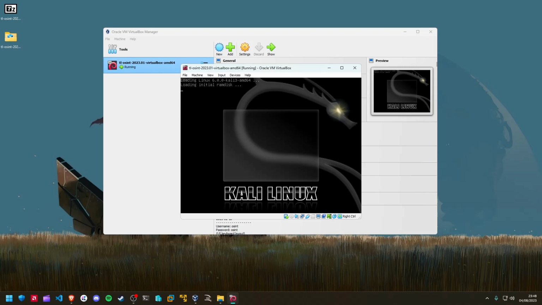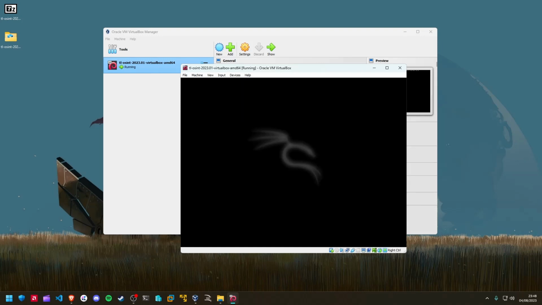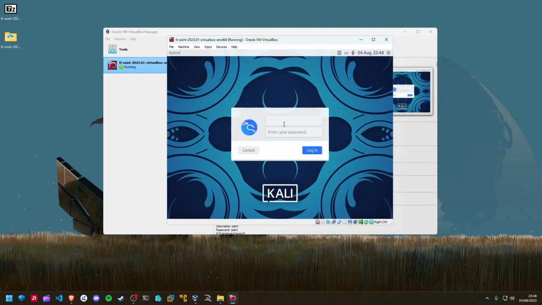Now, if, for example, you have no idea what I'm talking about, you have no idea what a virtual machine is, I'd recommend go research it first. I'd recommend go research what type of platforms, or hypervisors is what they're called, which is what VirtualBox is called. It's a type 2 hypervisor. Okay, it runs on top of an operating system. So I'd recommend you research it before coming back to this video, and then maybe deciding if you want to use